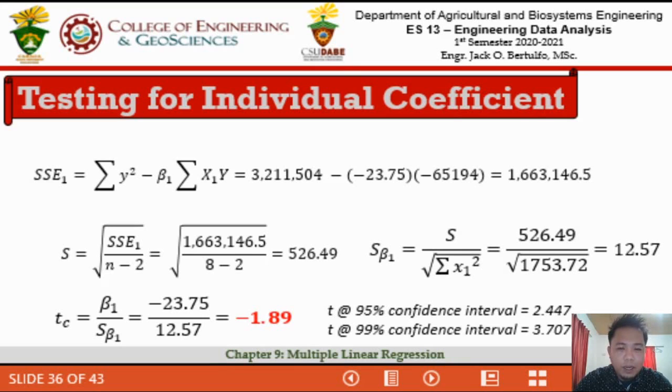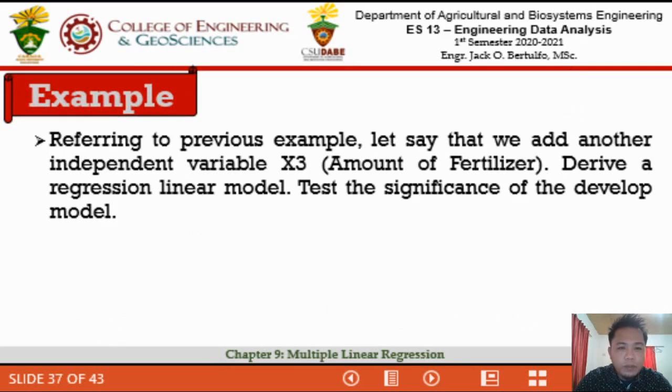But as a practice, you try to solve, just follow the solution. Just change x1 to x2. So all the data are available, then just solve for it. Okay? So another example. Referring to the previous example, let's say that we add